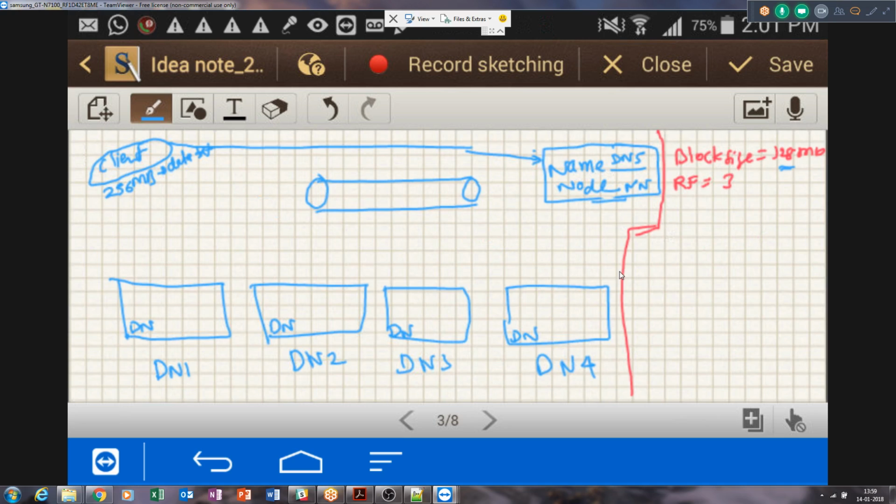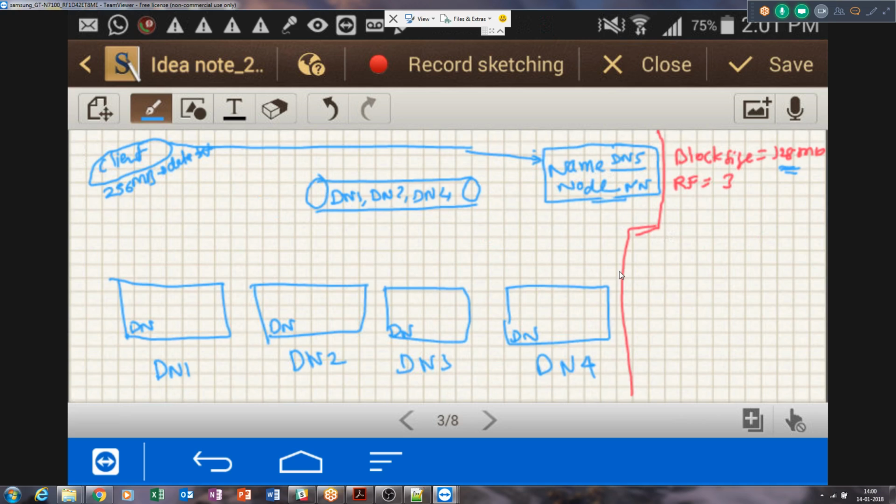Now here you will understand why the name master is given to the name node, because it knows most of the things about the cluster. So data node 1, data node 2, data node 3, data node 4. The first thing is the block size. The 128 MB block size it will send as information to the client, and it will also provide the list of data nodes available to write each block. So data node 1, let's say data node 2 and data node 4. Let's say it has given this list of 3 data nodes.